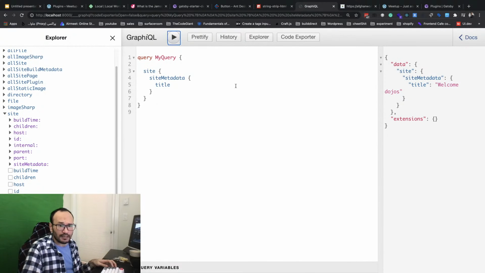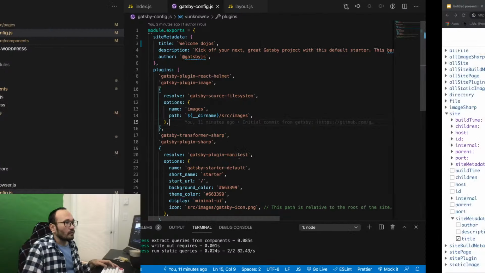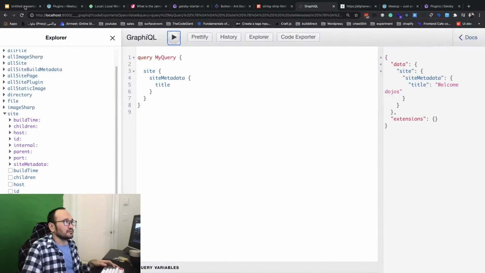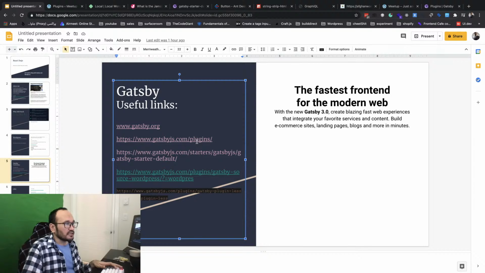So let's do one more thing. We want to install the plugins we need. What plugins do we need? Let me go to my document, this one. Gatsby plugins, I didn't list it here. Yeah, I think it's this one, so I'm opening it.